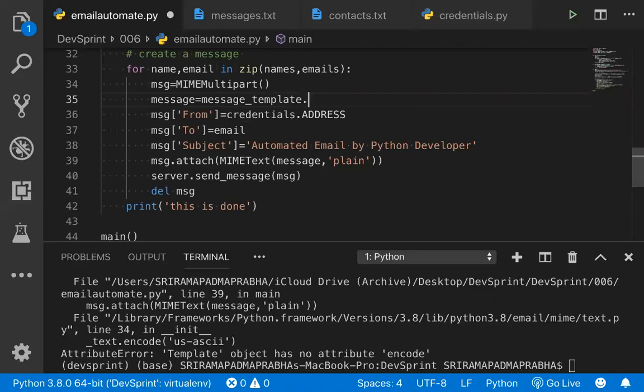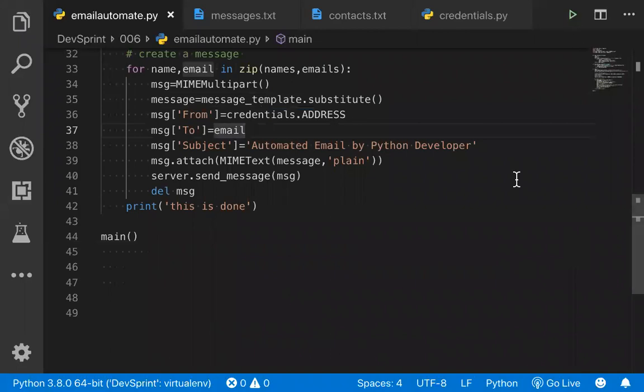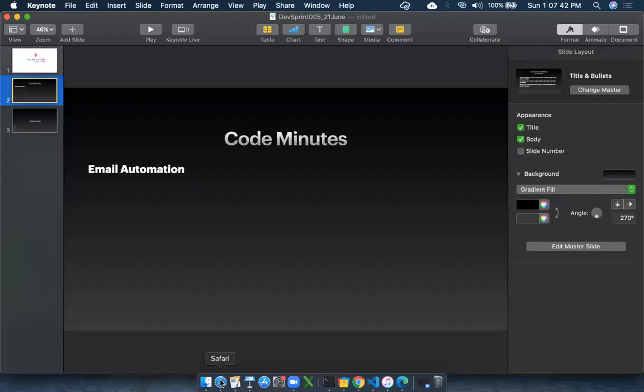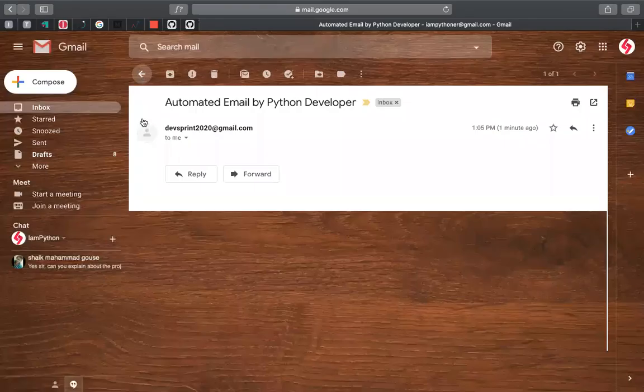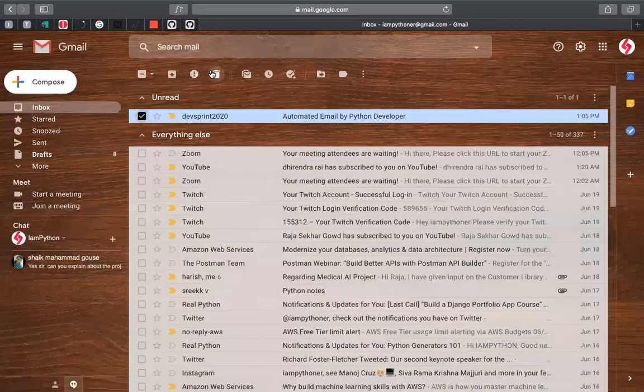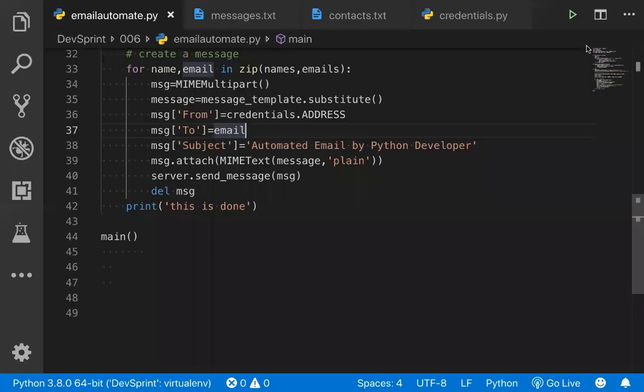I'm going to use something called substitute. Okay, so this is going to fix that issue. Okay, messages I'm taking this message. Let's see now, still if we got some issue, we'll fix it. Before that, I will go to this. Okay, and this I'm going to remove it. I don't want it. So now I'm going to execute this code.